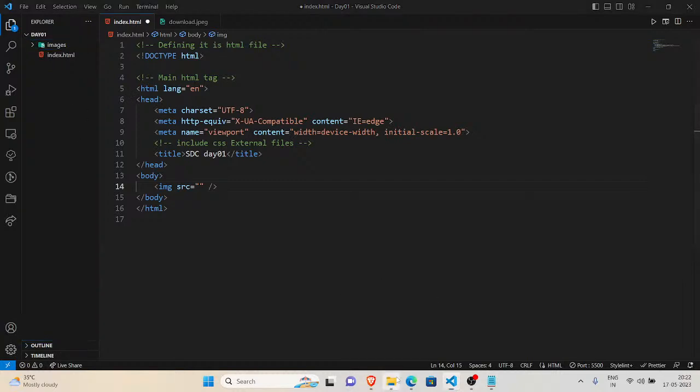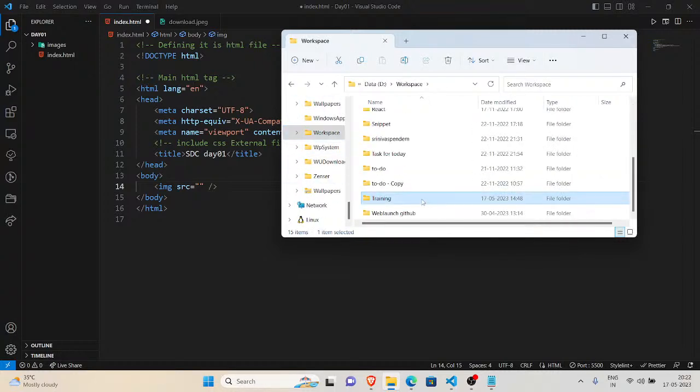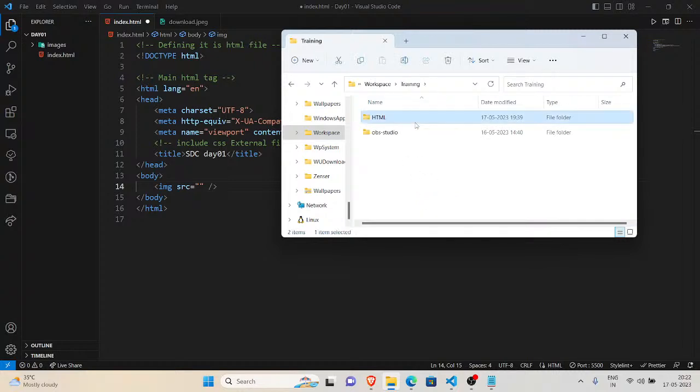Now guys, currently you are at the workspace training HTML day one directory. Inside the day one directory, you have this images folder and the index.html file.